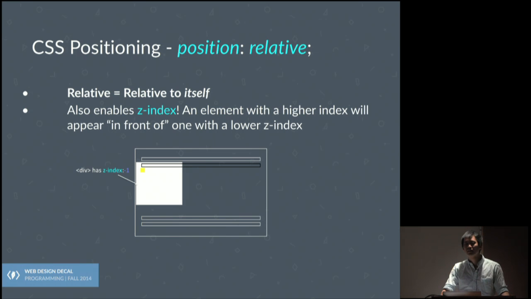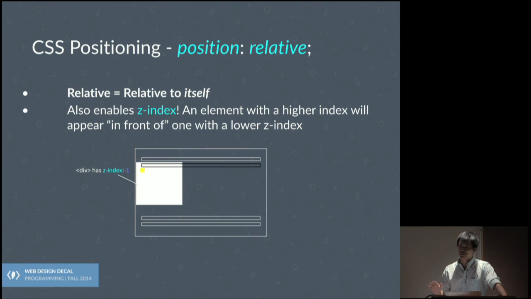Could we say that it's relative to the parent element if it's a nested element? Great question. The question was whether it is relative to its parent element if it's a nested element. The answer is actually no for the element itself. If the element we're talking about is the actual element that has position relative, then it is literally relative to itself, to where it would be statically. But we will talk about, right coming up, a way in which you do it relative to the first non-static parent. And that's actually the very next slide, I believe.